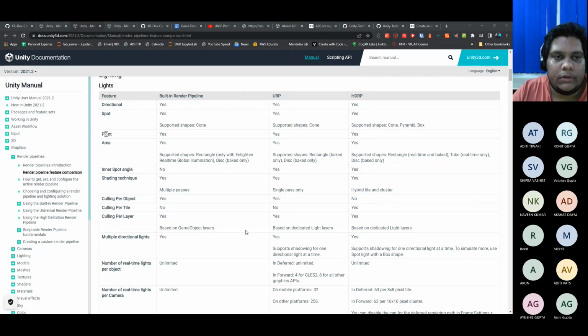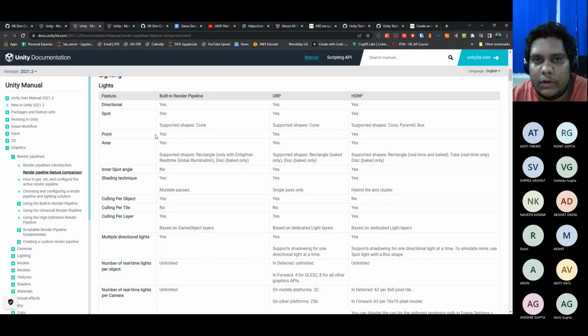So spotlight is stage lighting where you want to give a specific spotlight. Obviously it would have been better if I explained it with Unity, but I don't want to give it that much time. So that's why I'm explaining like this. You can explore these things on your own. So point light, again, you have a specific point and then you can go out and define a range which it should specifically illuminate. And then area light is where you define a specific area that it should illuminate.